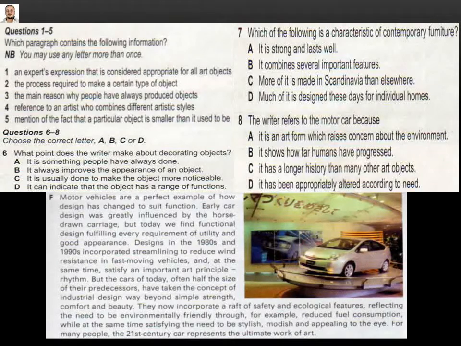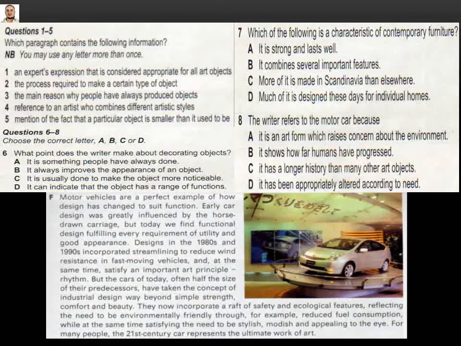Designs in the 1980s and 1990s incorporated streamlining for reduced wind resistance in fast-moving vehicles, and at the same time satisfy an important art principle, rhythm. But the cars of today, often half the size of their